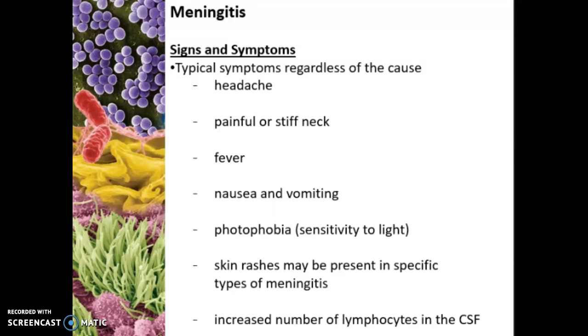And then depending on the specific type of meningitis, there could be skin rashes present. And also, a sign that a physician would identify or request to be identified would be an increased number of lymphocytes in the cerebral